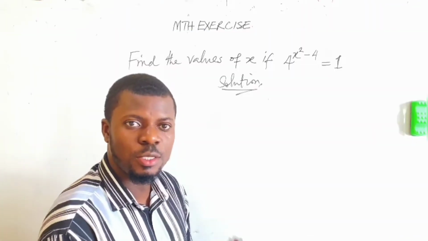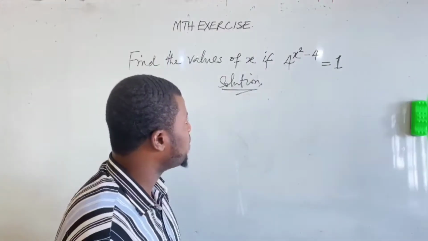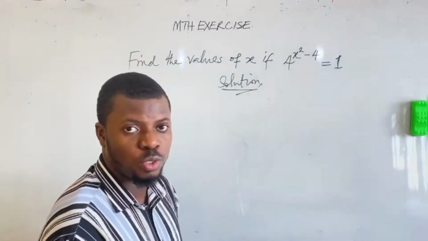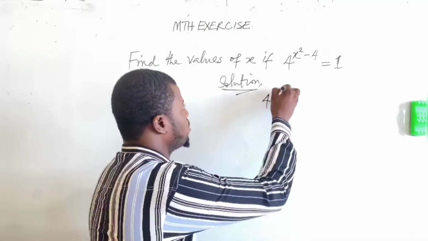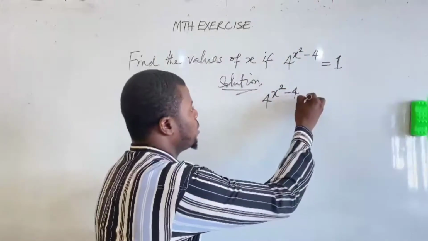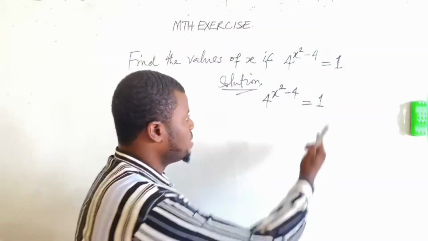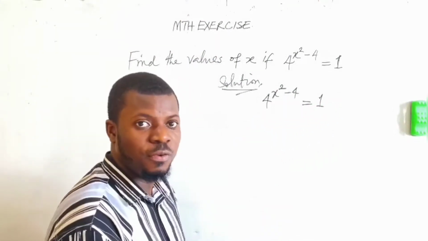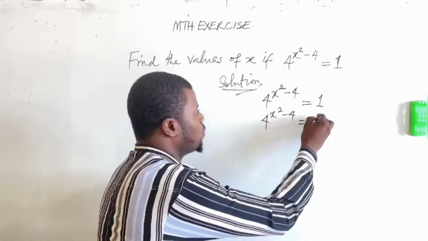Hi guys, let's look at the same problem. Find the values of x if 4 to the power of x squared minus 4 is equal to 1. It's quite simple. This is the expression 4 to the power of x squared minus 4 equals 1. So what we need to do is make sure that the right hand side has a similar base with 4, and that will be 4 to the power of x squared minus 4 equal to 4 to the power